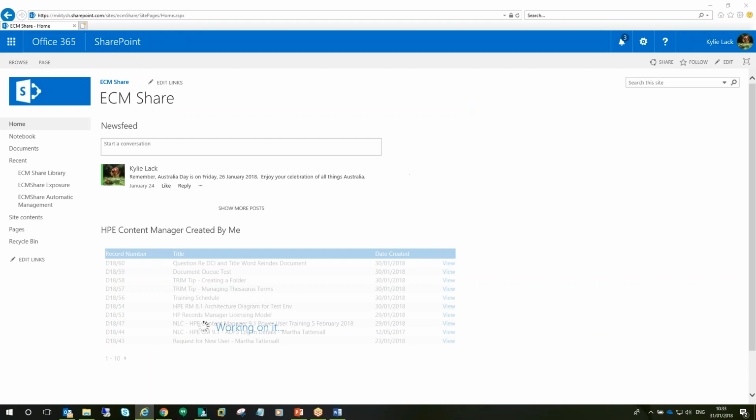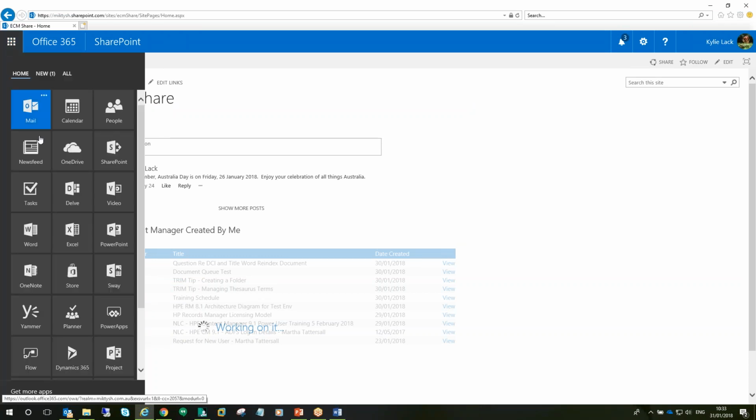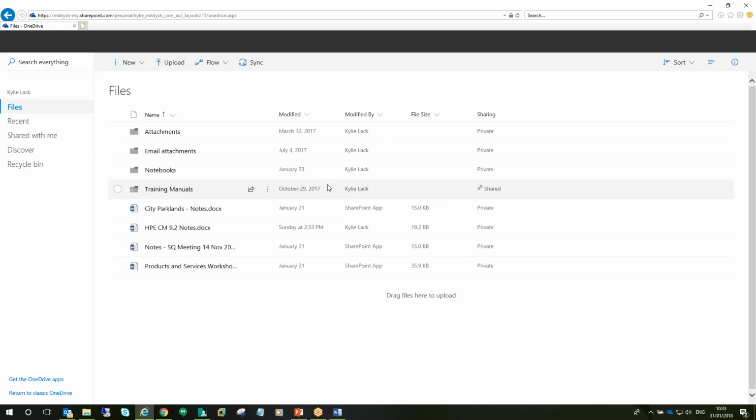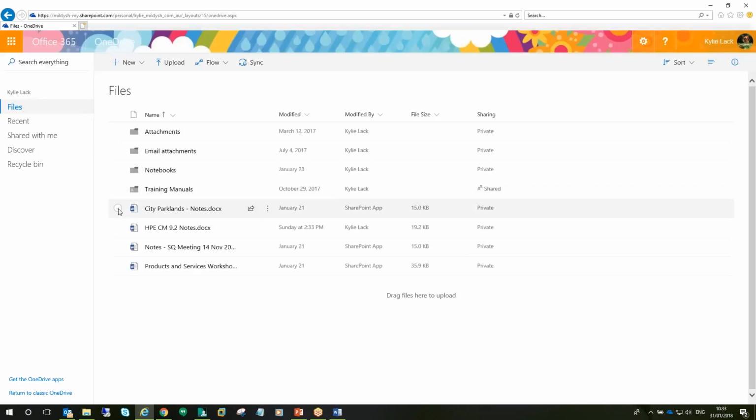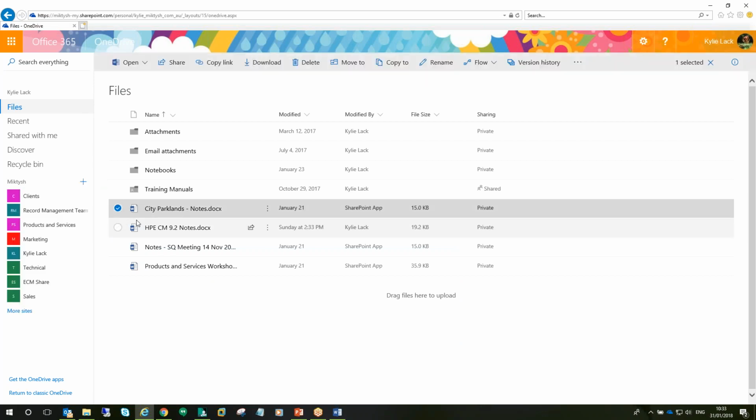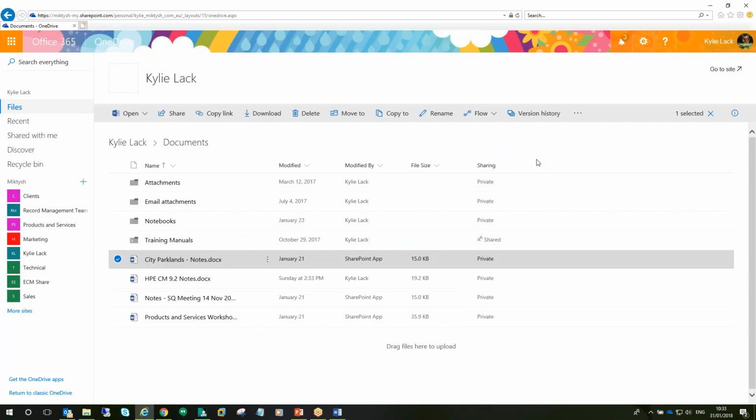And it is very easy to do. So for example, my library here in SharePoint does have Content Manager installed onto it. You can also add the integration into your OneDrive. So if you have a record that you want to capture everybody's OneDrives, you can select the record,